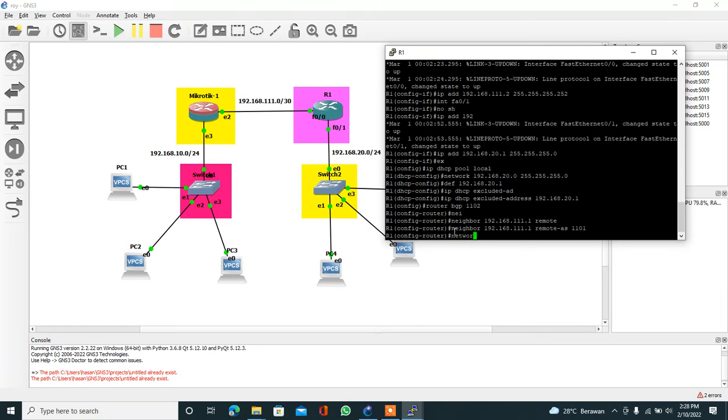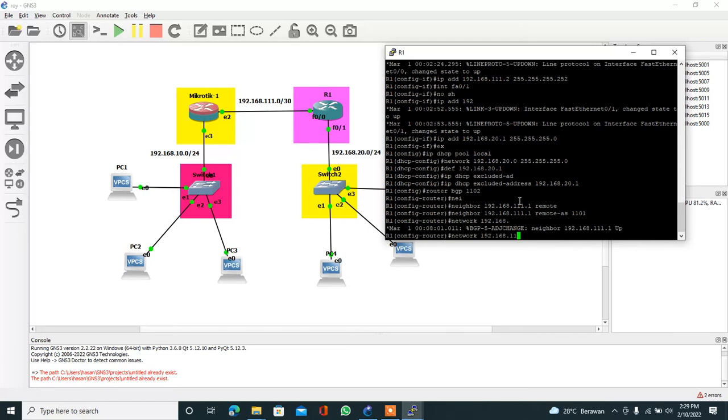Network 192.168.111.0 mask 255.255.255.252.